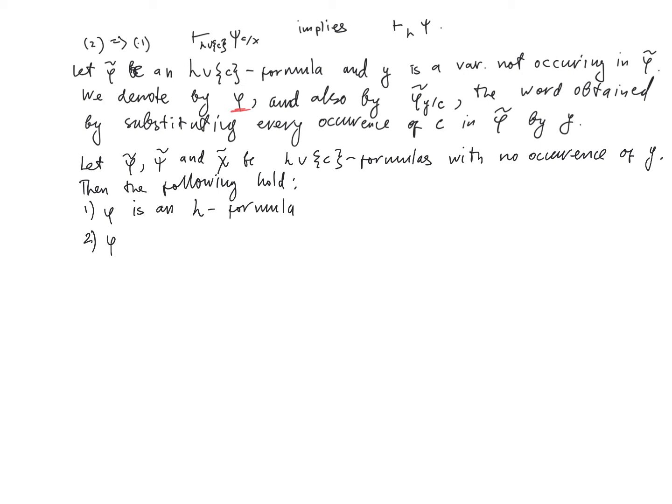Second, phi with c substituting y is equal to the original formula phi tilde that we started with in order to obtain phi. And so now if we substitute the constant symbol c back instead of the variable y, we get the formula phi tilde. 3. If phi tilde is an equality axiom,